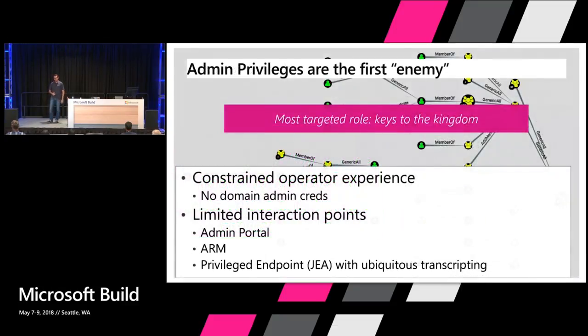And the first enemy we have to defeat when it comes to compromise is admin privileges. I was at RSA conference 2 weeks ago. If any of you was there at the keynote, they gave us a very interesting number. 88% of the compromises last year happened through one known credential. That means a credential that has been stolen, and guess which is the easiest way to steal your credential? Phishing attacks. They have a 33% success rate.